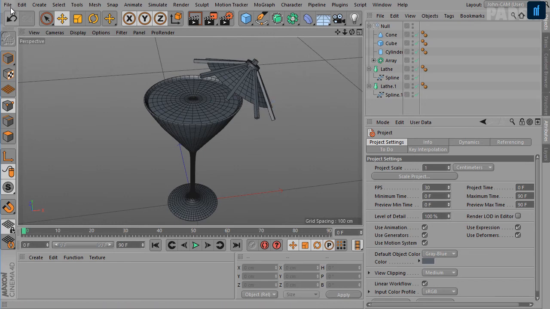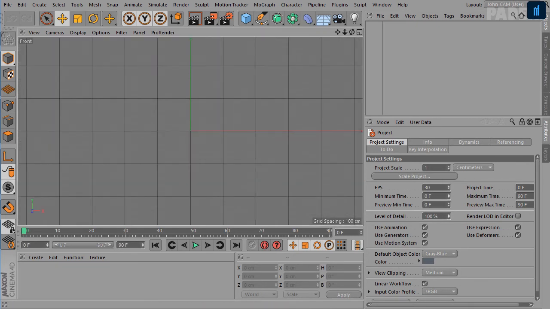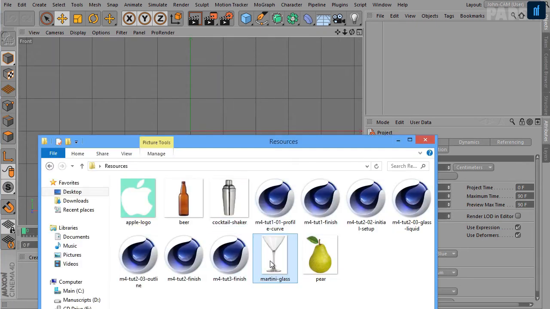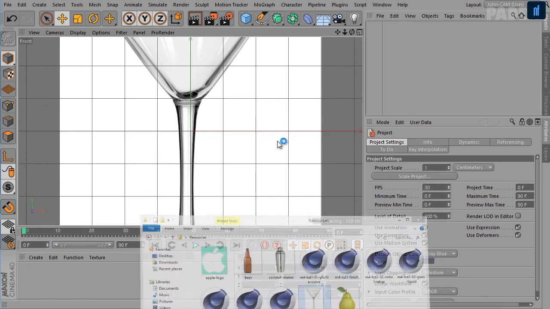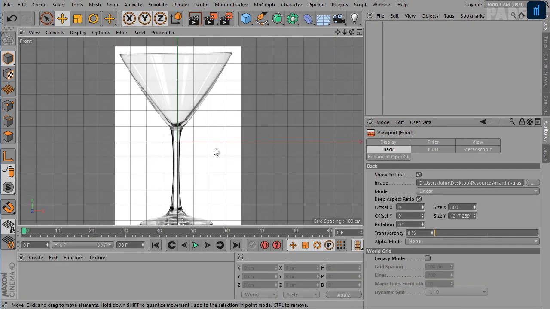So let's start. I'll go ahead and create a new file and activate my front viewport and then drag martini glass image to my viewport. Now press Shift V to open the viewport settings. Head over to back tab here and then set size X to 300.